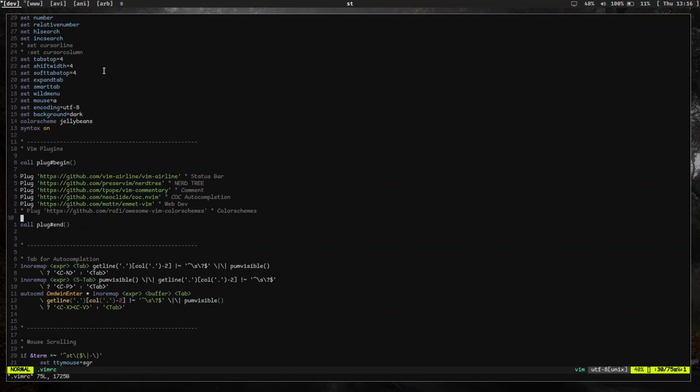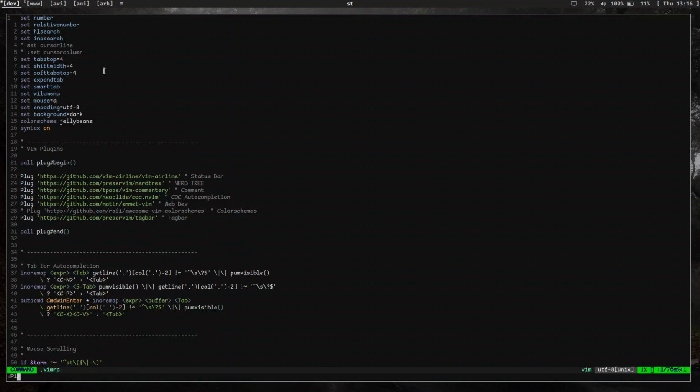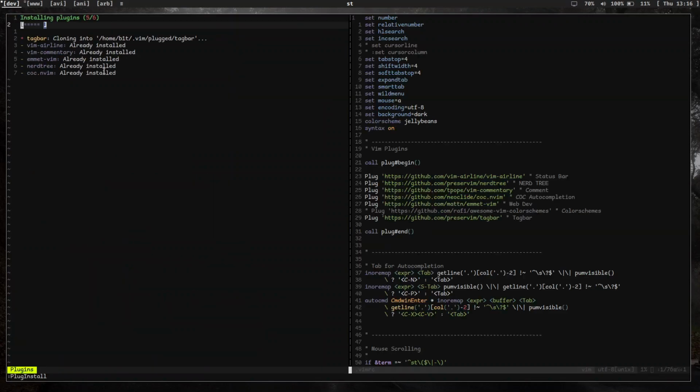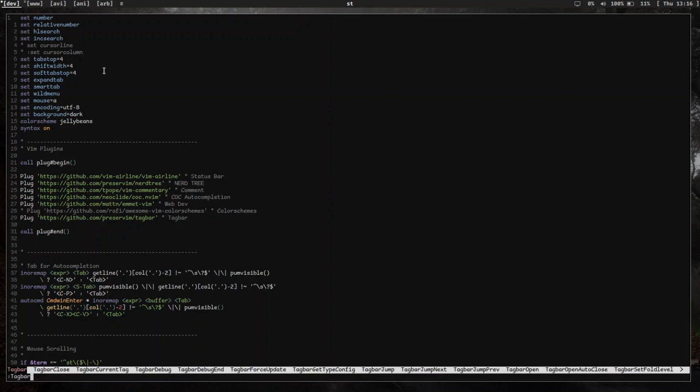As you can see, it's getting slow because I don't have a good amount of resources. But if, for example, you use it on a thing called WSL, yeah, if you use it on WSL on your main host, that might work perfectly fine. So I'm using TagBar here. I'm going to do plug install, and then it should be installed. So we call it using TagbarToggle maybe,